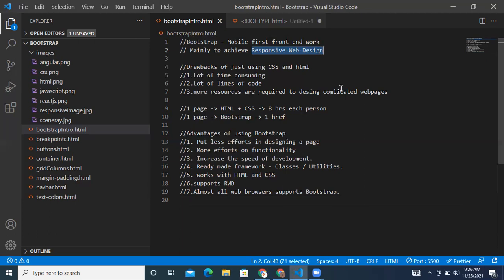Based on the resolutions, it will support mobiles, tablets, laptops, desktops, everything. So that is called responsive web design. Based on the resolution, it will adjust. The content will adjust according to the screen resolution. Okay, am I clear?